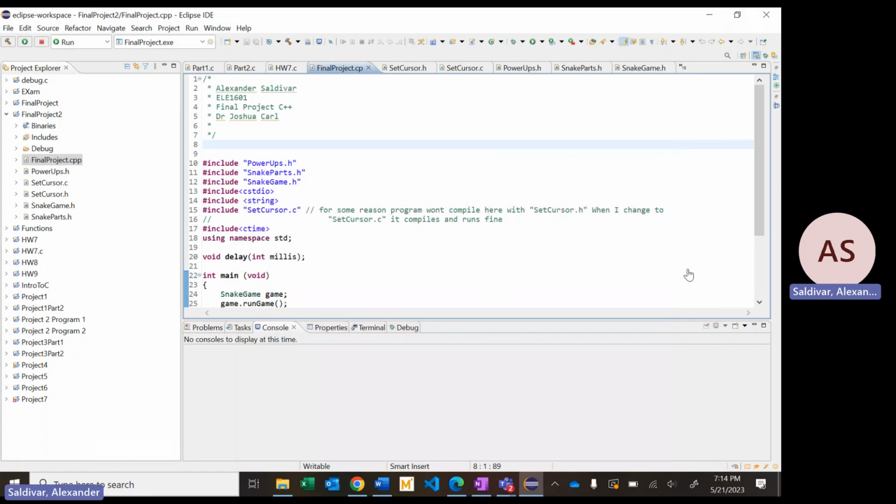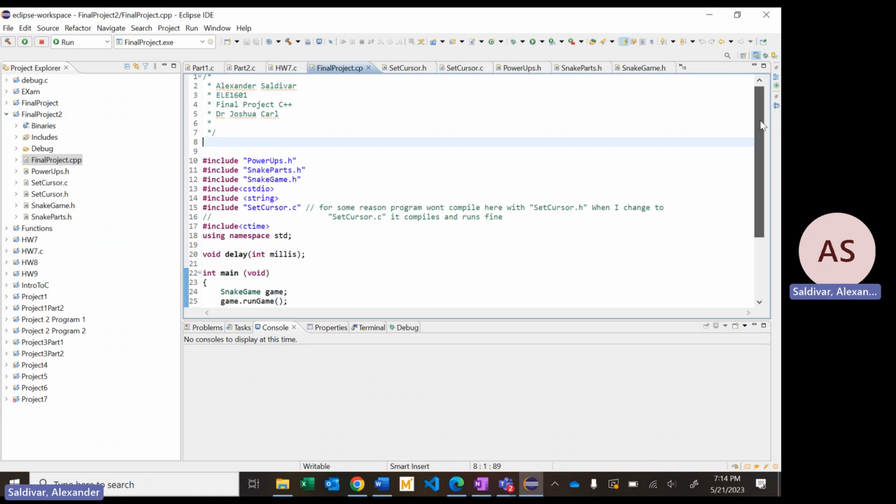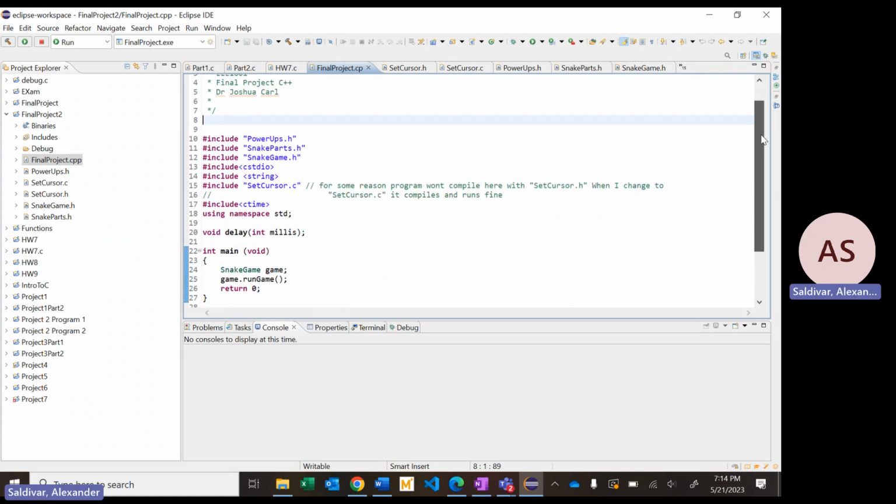Okay, so this is my final project demo for E1910 Elite 1601. We're supposed to make a version of the Snake game. I did mine in C++